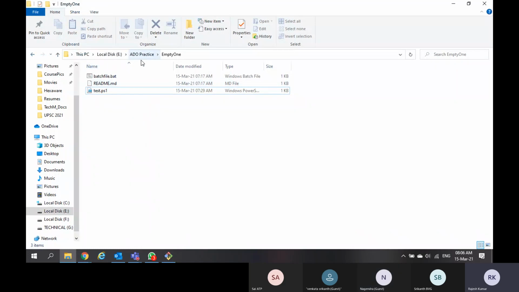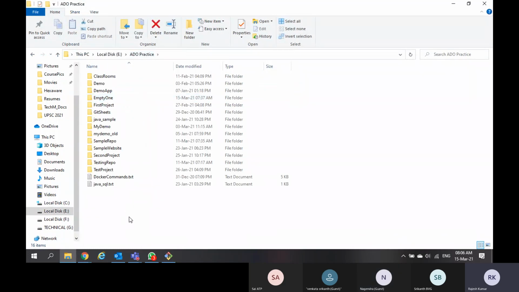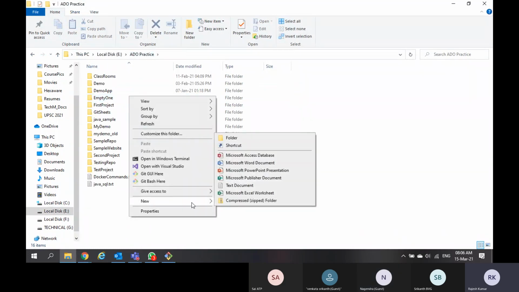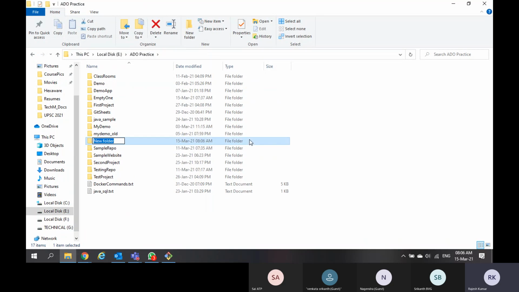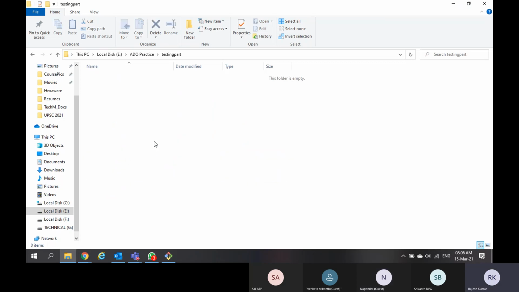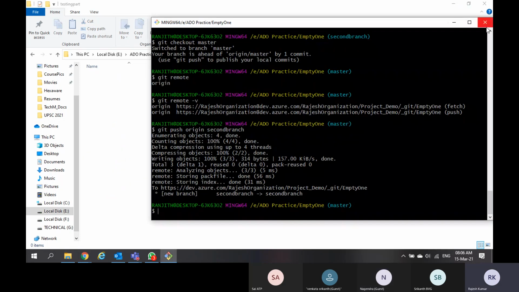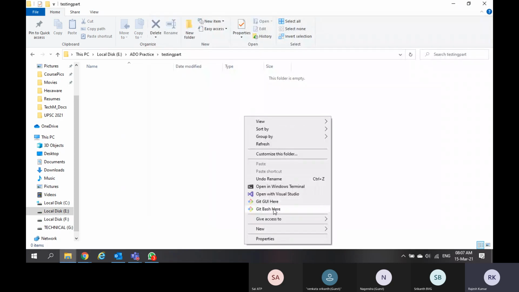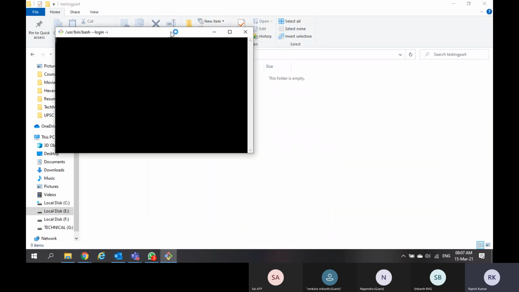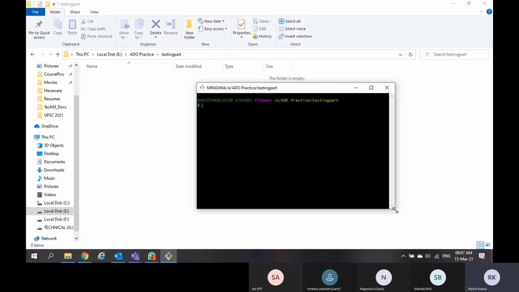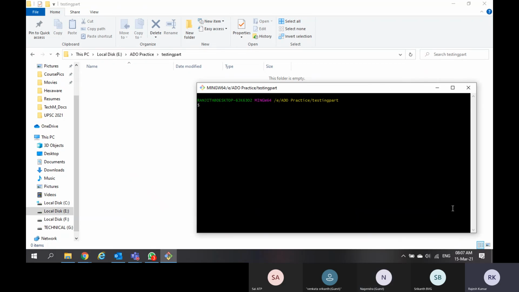Suppose, let me give you a sample. If I create a new folder and go inside this folder, if I open Git Bash here, this is not at all a Git repo. How can you say that? Go for git status.